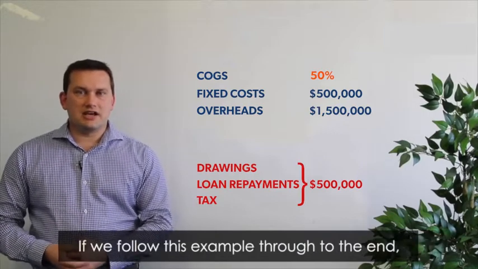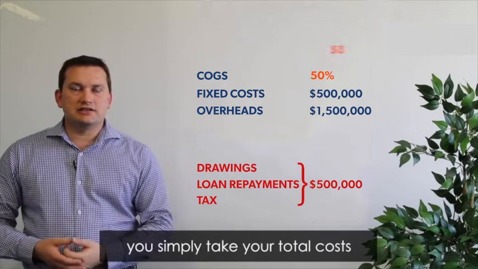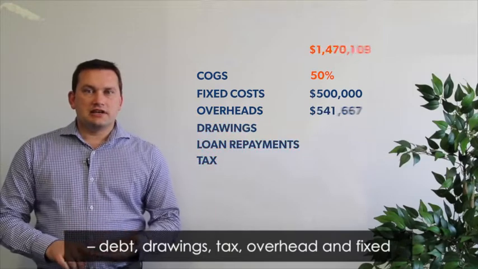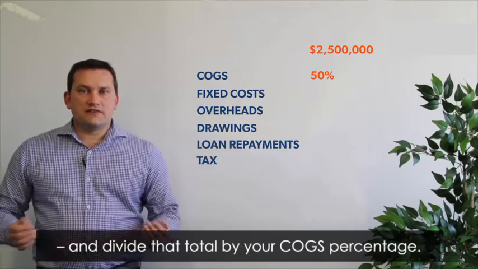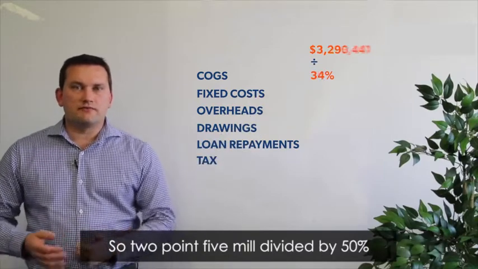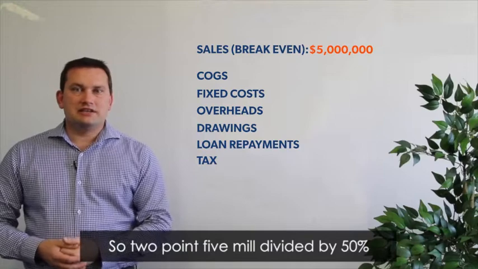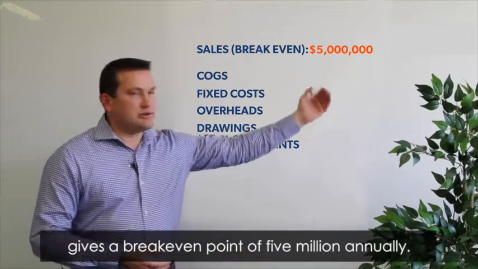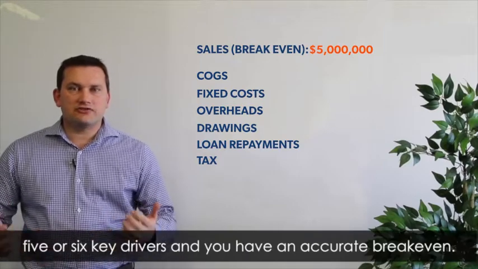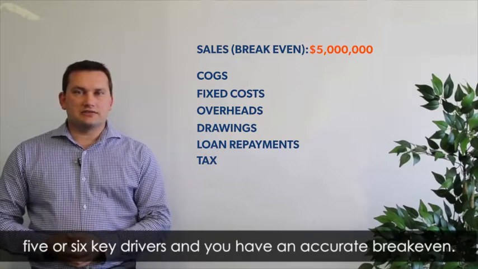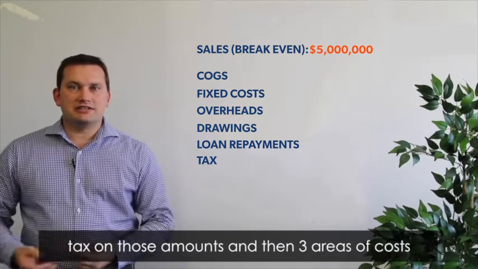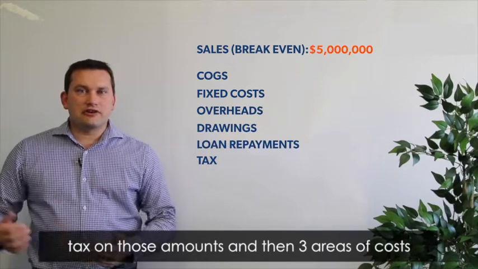If we follow this example through to the end, you simply take your total costs, so that's debt, drawings, tax, overhead and fixed, and then divide that total by your COGS percentage. So 2.5 million divided by 50% gives a break-even point of $5 million on an annual basis. And that's all it takes: 5 or 6 key drivers, and you have an accurate break-even. So your after-tax considerations, drawings and debt repayments, and then tax on those amounts, and then three areas of costs: